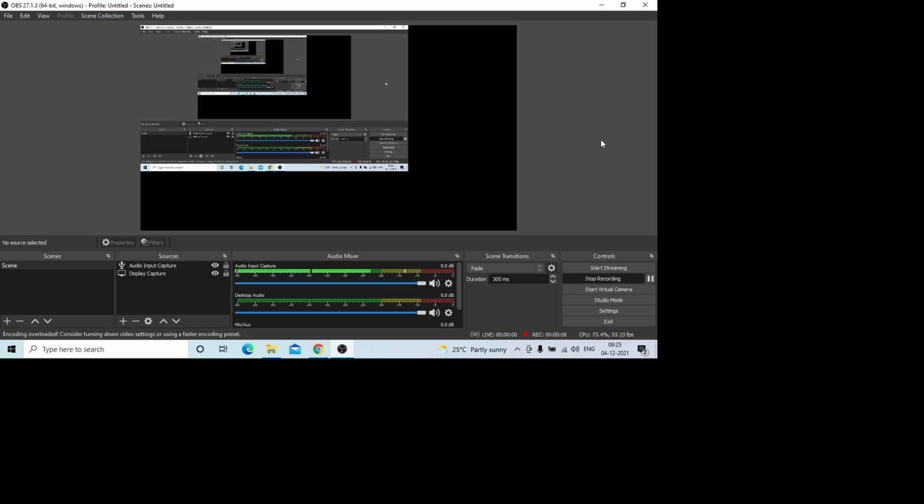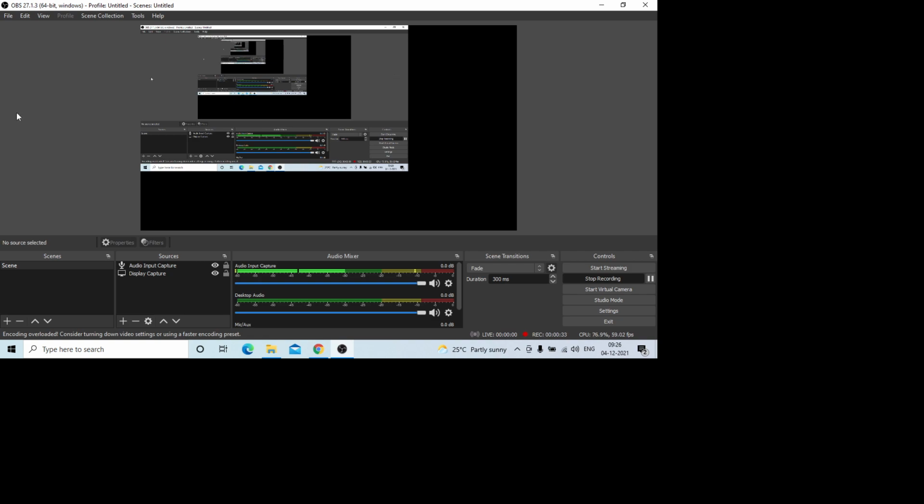Hi everyone, today I will show you the best OBS Studio recording settings, with high quality audio and video, at 1080 pixels. This is for any videos you need to upload to YouTube or use for any other purpose. Here's how we need to record high quality video. Okay, this is OBS Studio.